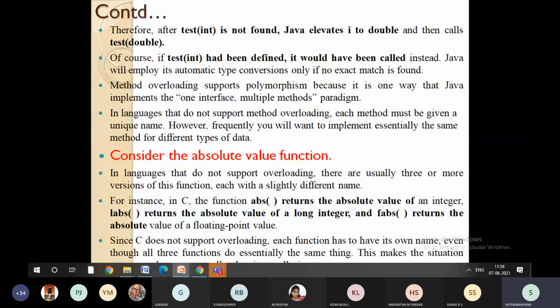But in C programming, there is no concept of method overloading, but you can perform it using some little modifications. Like one function you can give as abs, labs, fabs, right? So method overloading is not there in C for sure. In an interview, if they ask, is there any method overloading in C? No, we don't have. Just for your reference, in order to implement this, we use a little bit of change in the names: abs, labs, fabs.